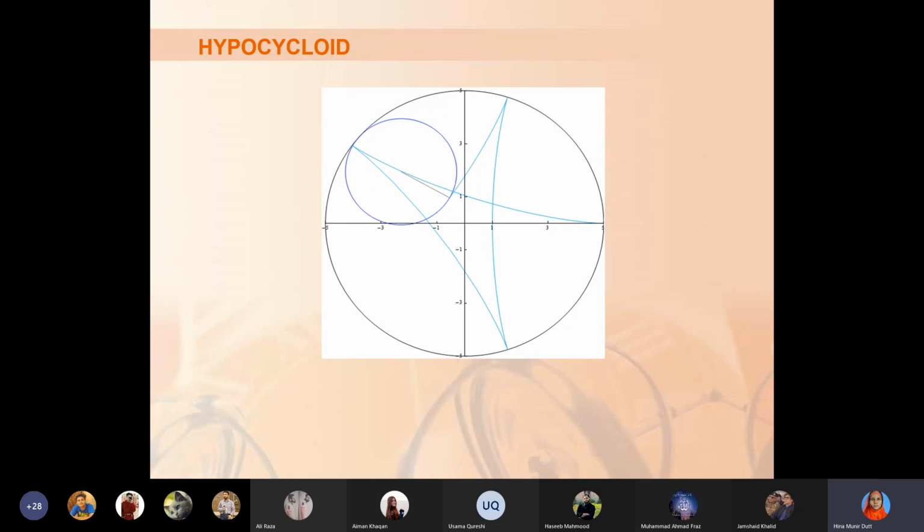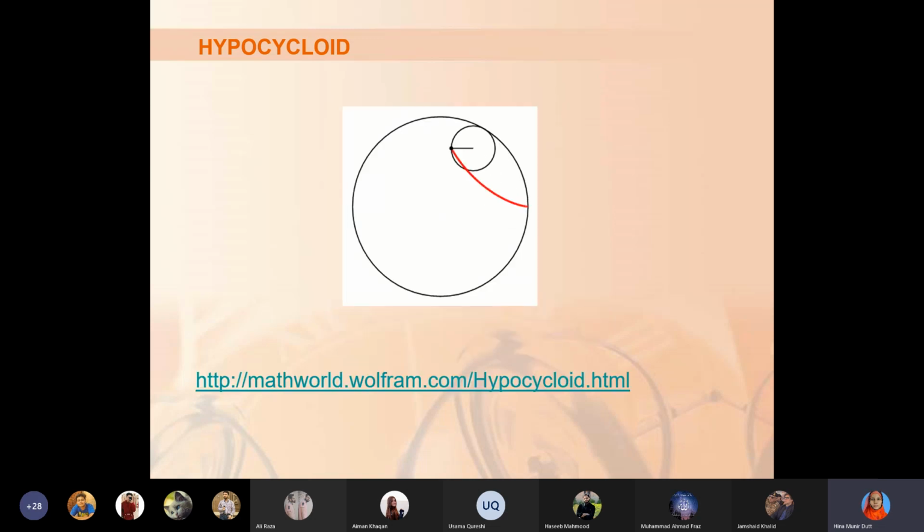This is a hypocycloid. Now it will complete the curve, and after this it will start repeating the same curve. This is also a hypocycloid,